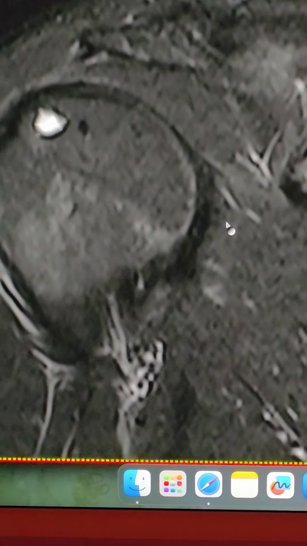So today we have a case of a young adult male patient who came with a history of recurrent shoulder dislocations. On further inquiry, he said there is a definitive history of anterior dislocation. So what we can see over here in the coronal STIR images are subcortical cystic changes in the posterior superior